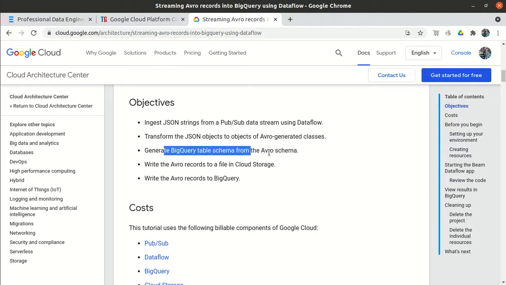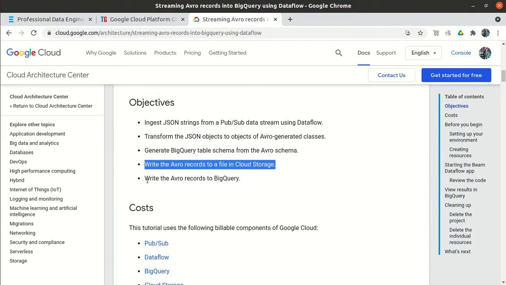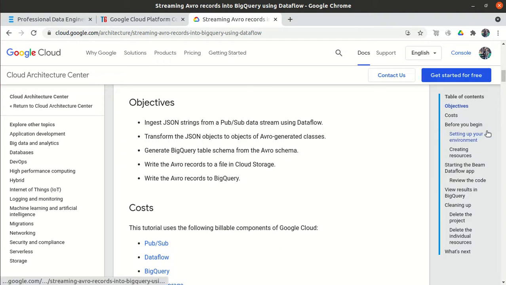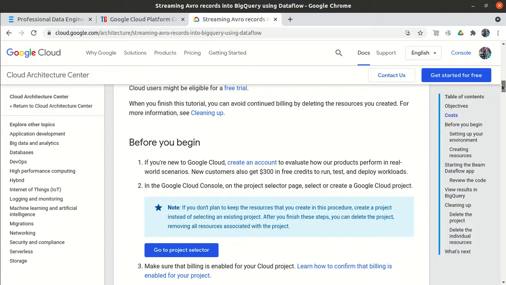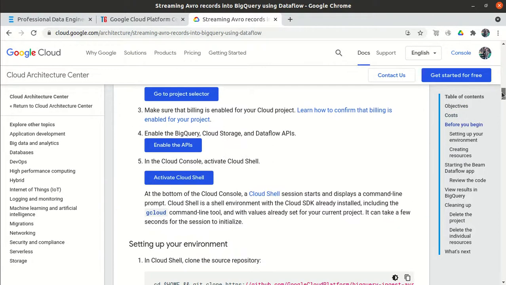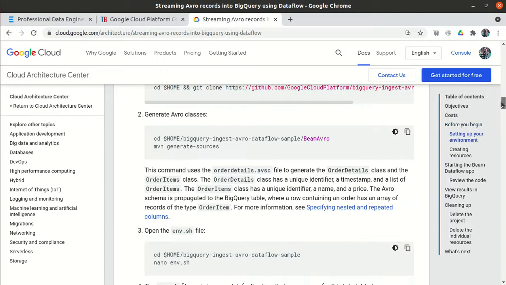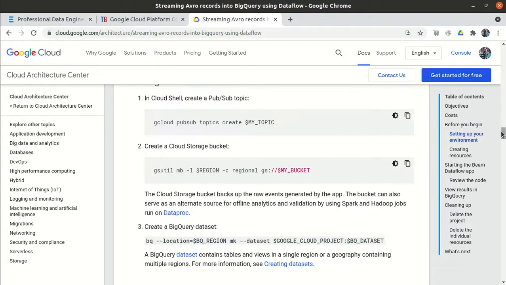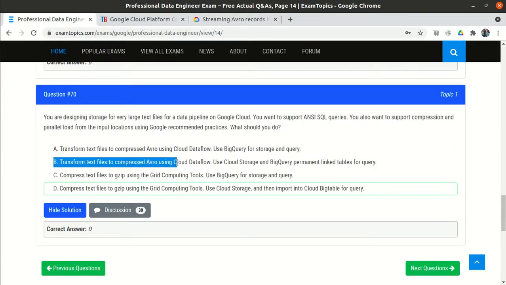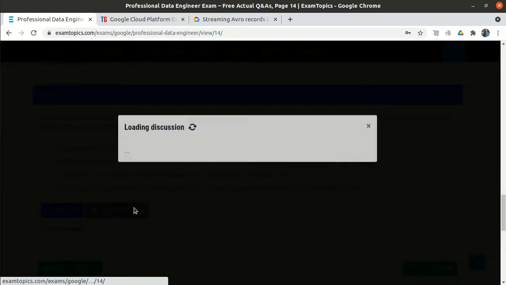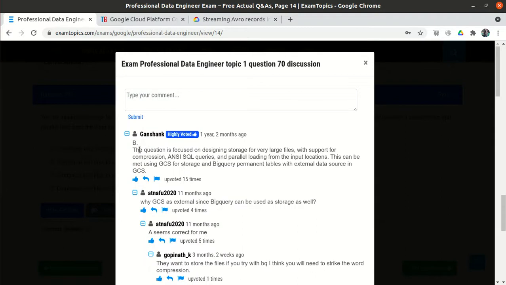Generate the BigQuery table schema from the Avro schema. Write the Avro to Cloud Storage. Write the Avro records to BigQuery. So I think rather than option A, option B is the correct answer. We need to use both Cloud Storage and BigQuery permanent linked tables for queries. That's why most people voted for option B.